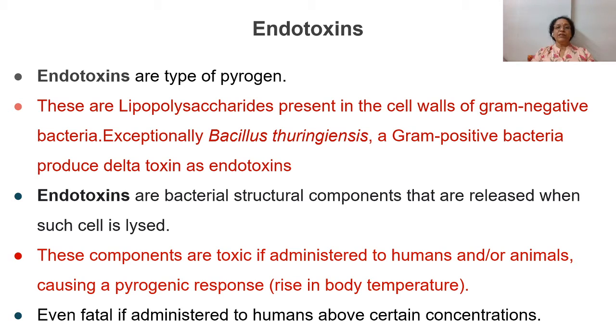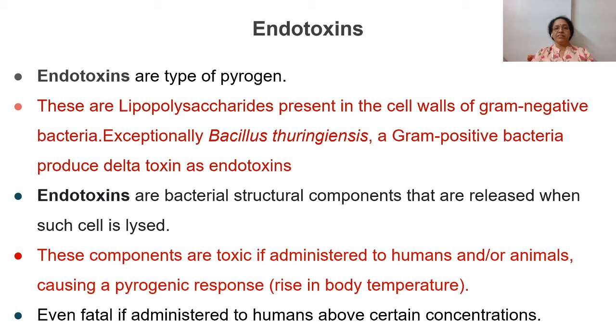But there are some exceptions like Bacillus thuringiensis. This is a gram-positive organism, but still it produces delta toxin, which is an endotoxin, and this can be detected by this LAL test. Endotoxins are structural components of the bacteria, and they are released when there is lysis of